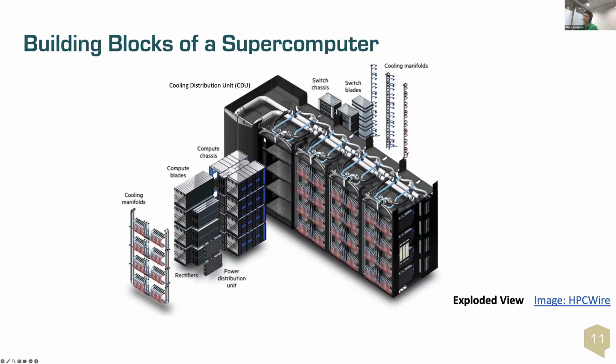So the hot water that comes out from the blades then will exchange its heat towards the next cycle of water in this cooling distribution unit that is on the side. And then water goes out from here and goes, in our case, to